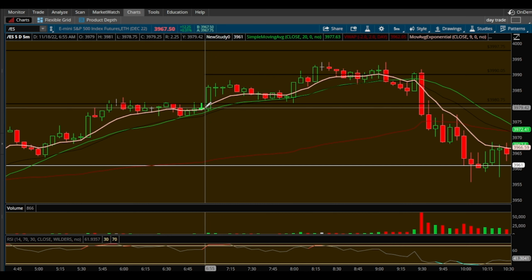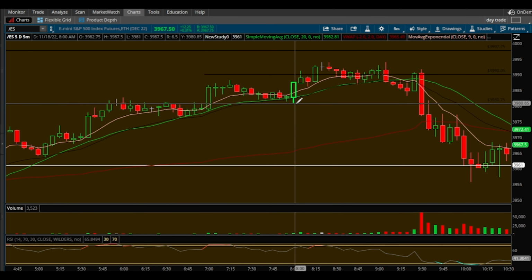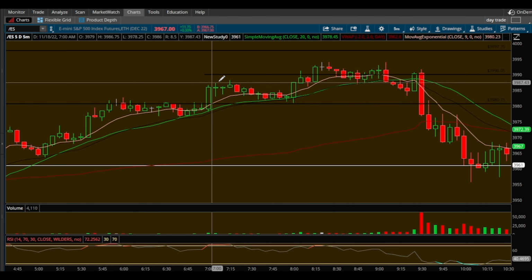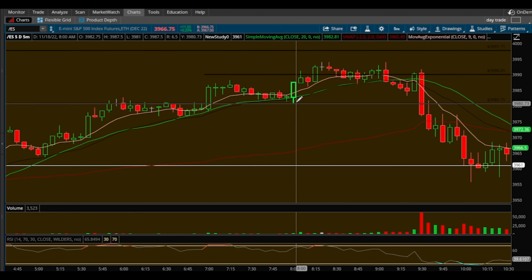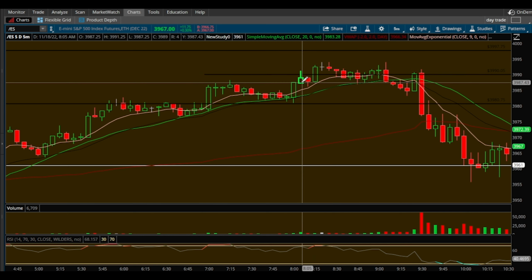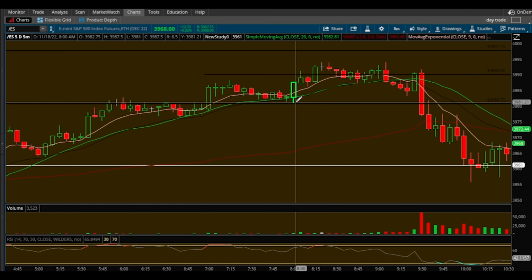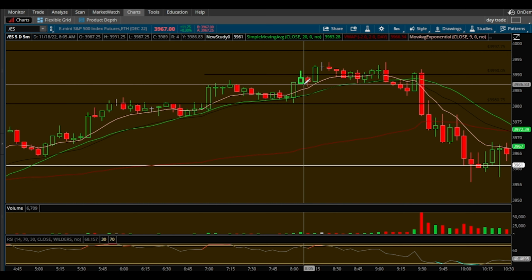And what happens when you have these big moves up, a lot of orders are left unfilled. A lot of people still have orders sitting back down around that level. After big moves up, what happens? You come back down, retest, and pick up them orders, then continue on. And that's exactly what happened here. So we got in, we bought the bottom of this candle, went long here, almost an instant 10 plus point